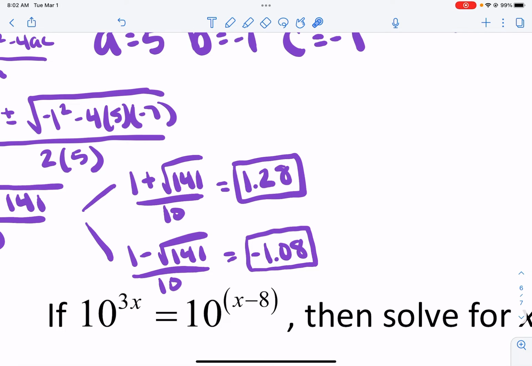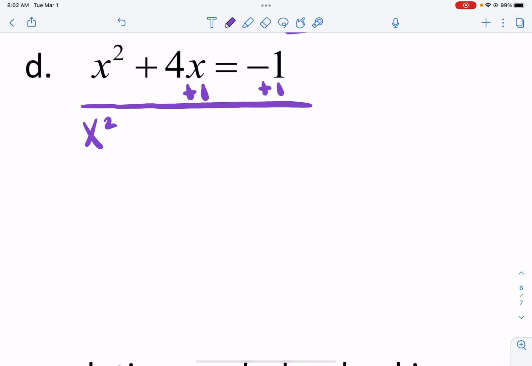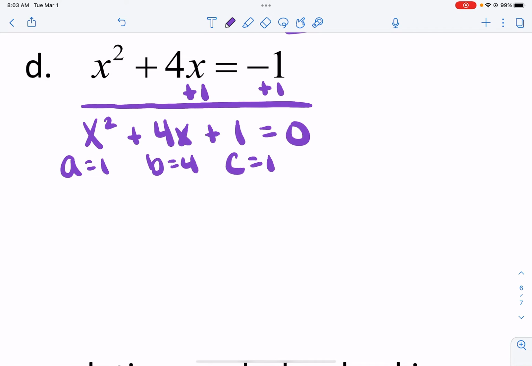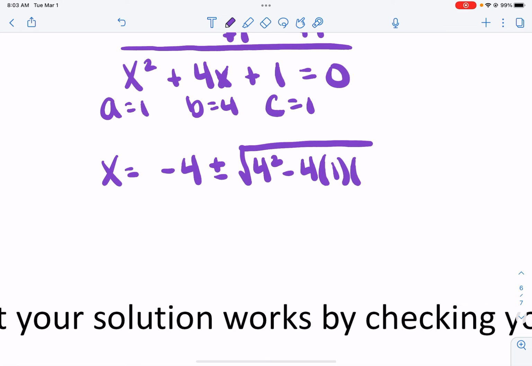Okay, and for part D, I actually think we could complete the square, but I don't know how much of that we've done in our classes. So I think I'm just going to use the quadratic formula. So I'm going to add 1 to both sides. So we've got x squared plus 4x plus 1 equals 0. So A equals 1, B equals 4, and C equals 1. So with quadratic formula, that'd be negative 4 plus or minus the square root of 4 squared minus 4 times 1 all over 2 times 1,